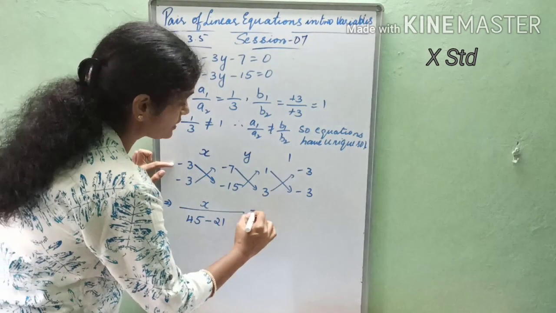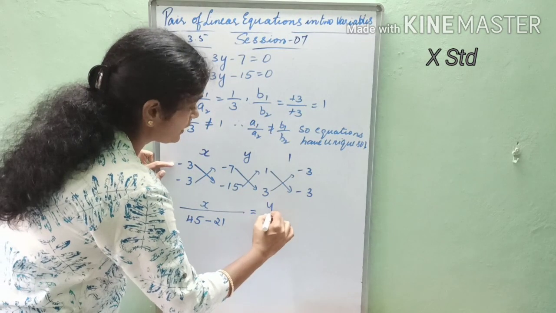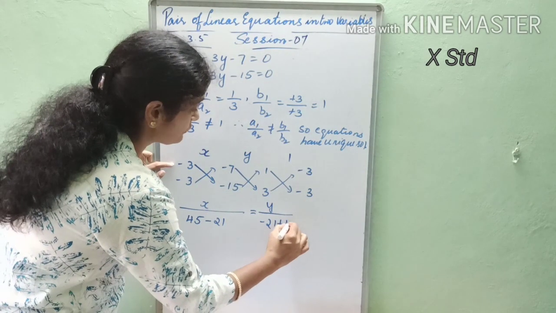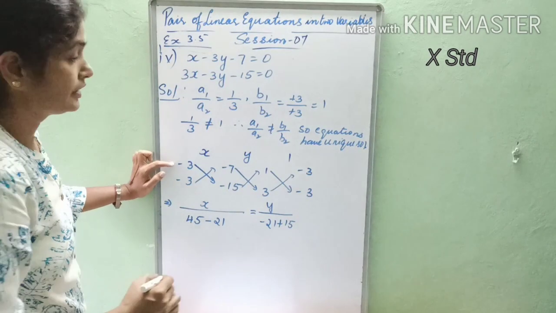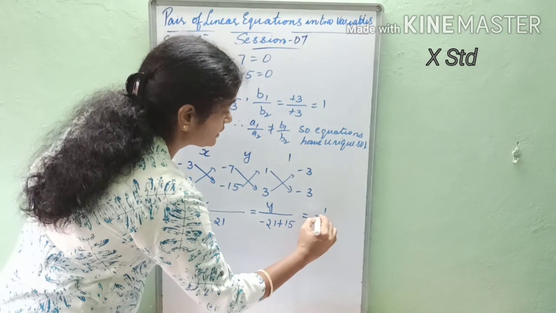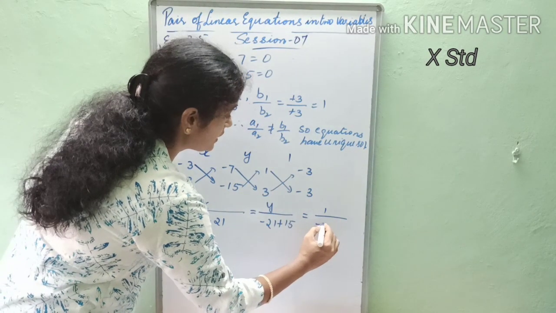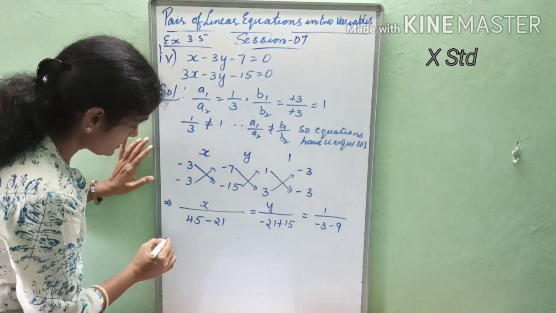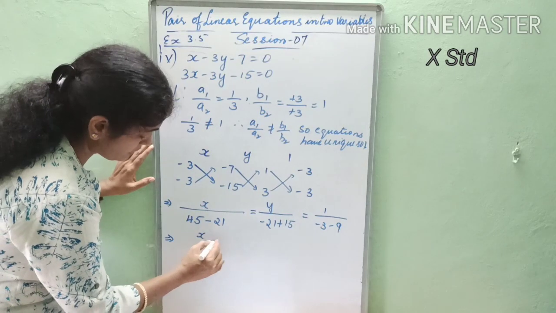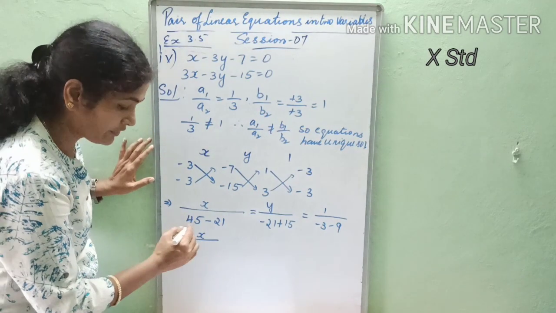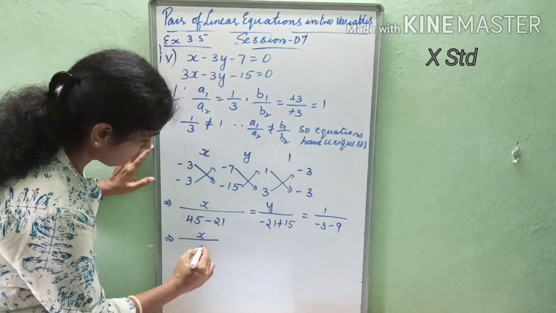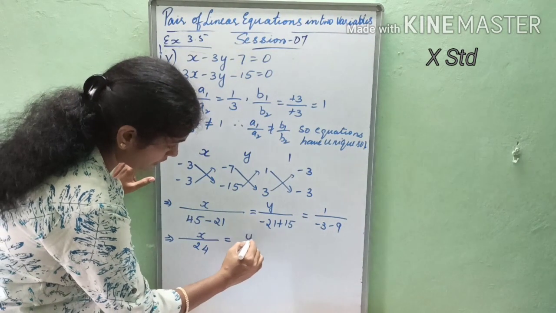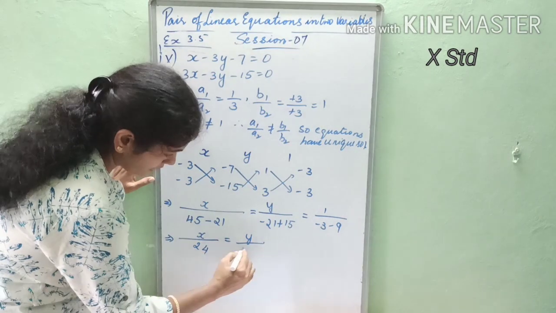Now this is equal to y divided by minus 21 plus 15. It is equal to 1 by minus 3 minus 9. Then this implies x divided by 45 minus 21, that is 24, equal to y divided by minus 6